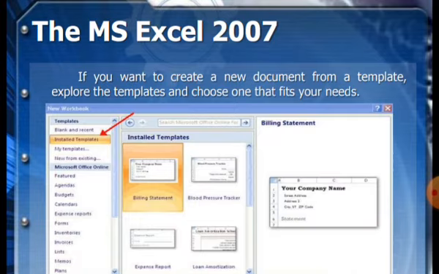You have to select the appropriate one, and whatever you select, you see that template showing on the right hand side of the window. And when you select the appropriate template, click on the create button. That creates a new document for you. Now move forward.